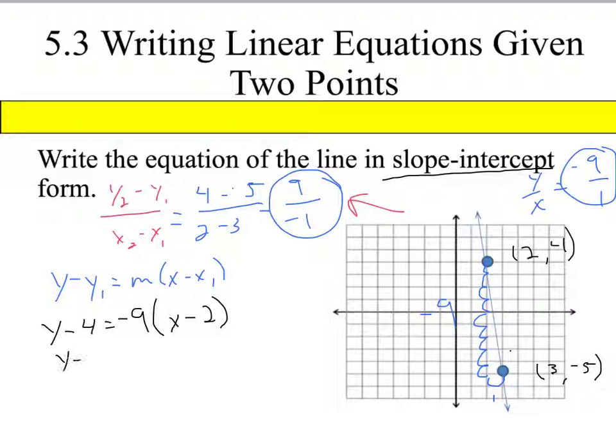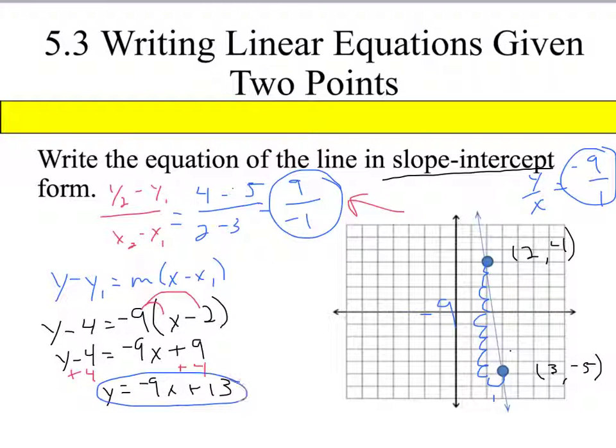Simplify and solve. Equals negative 9x plus 2. Okay, negative 9 times x, negative 9 times a negative 2. Okay, so from here, I'm going to add my 4 on both sides. I now have y is equal to negative 9x plus 13. And I am done. That's my equation right there. I am done. We have it in y equals mx plus b